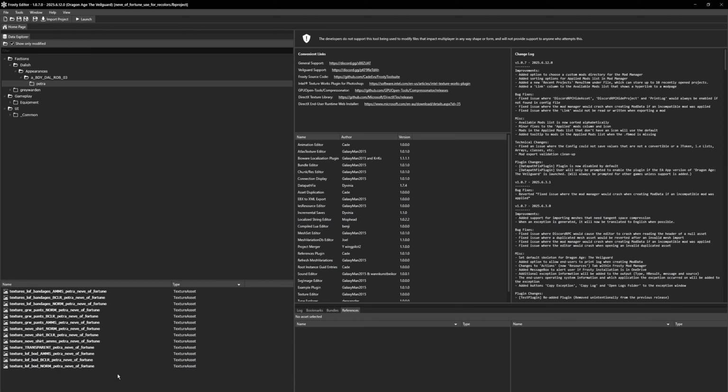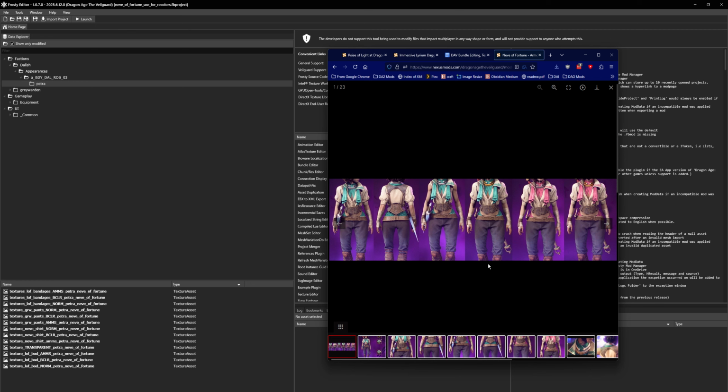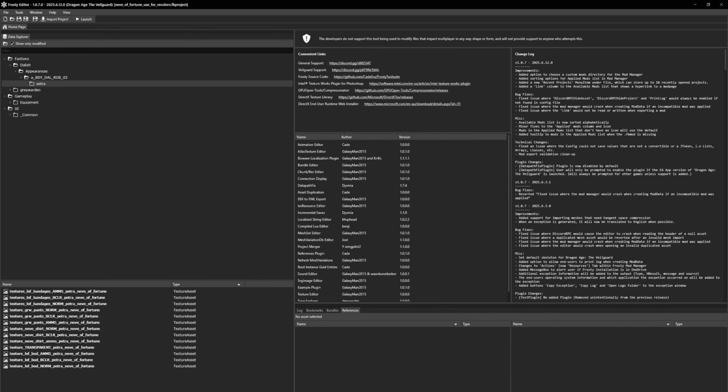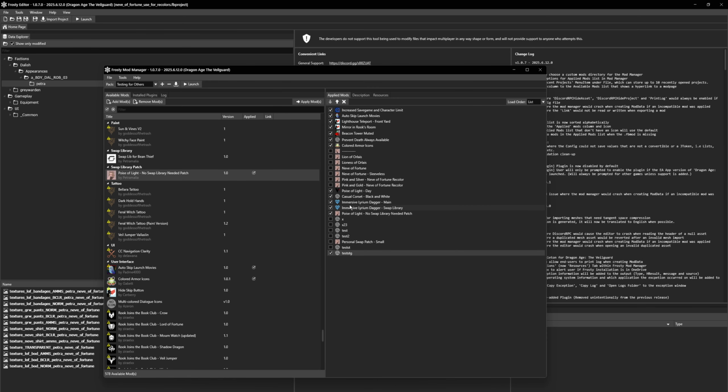And so what that allows me to do is do recolors really quickly and really easily, and I can add them as secondary files on the mod page. For example, in my load order here, I have two versions of my Neva Fortune, one that has a mesh with sleeves and one that has a mesh without sleeves,